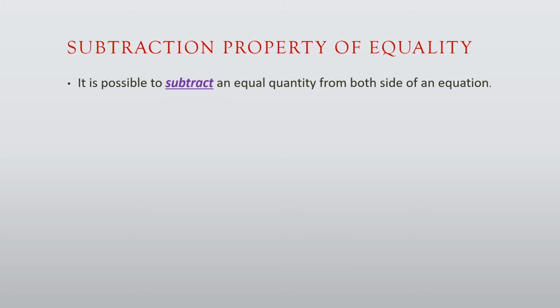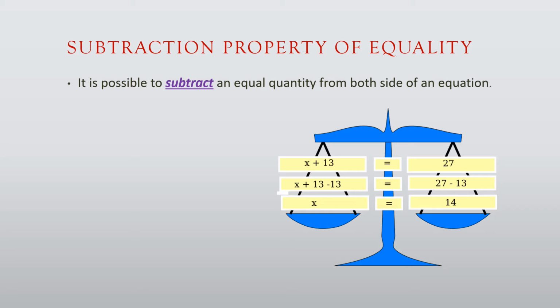The second one is the subtraction property of equality. It is possible to subtract an equal quantity from both sides of the equation. For example, if we have x plus 13 equals 27, we can use the inverse operation right here, which is going